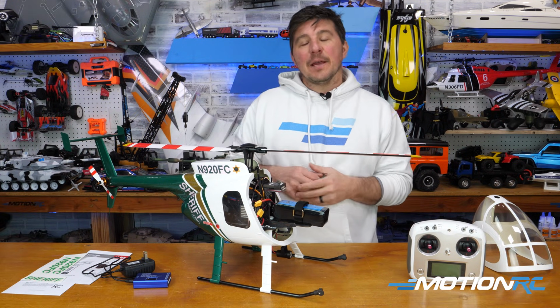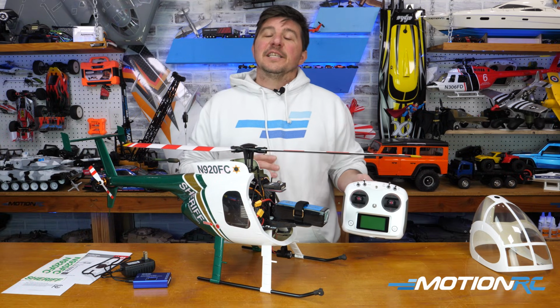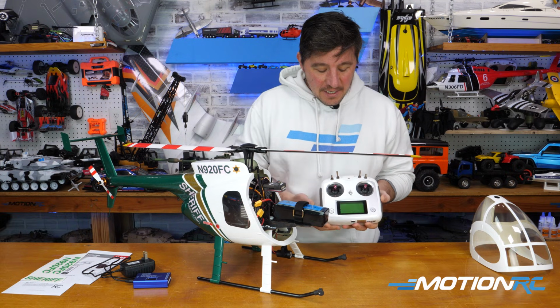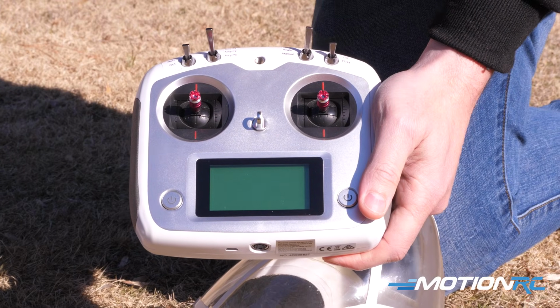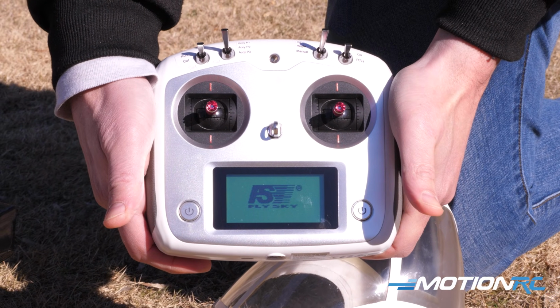And I'm gonna do it here at the table, but I also filmed it outside so we can show you this. But the startup procedure of this heli is crucial to making sure you just get it right. So your transmitter here, very easy to turn on. You push both power buttons on the left and right side, hold them together for about 2 seconds,